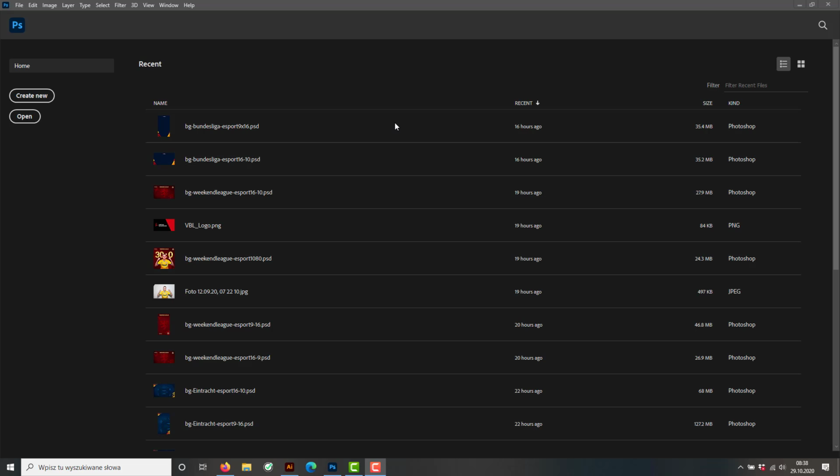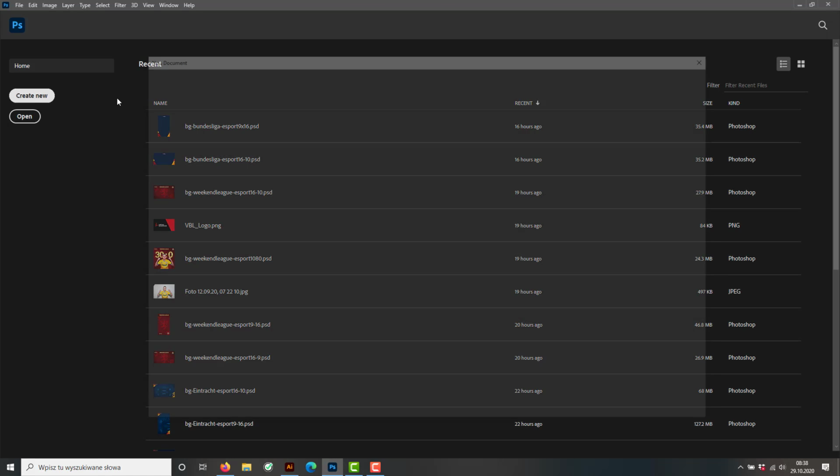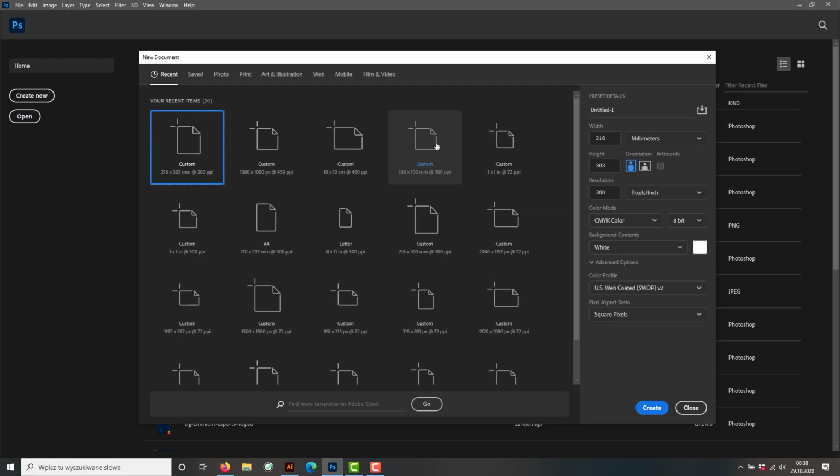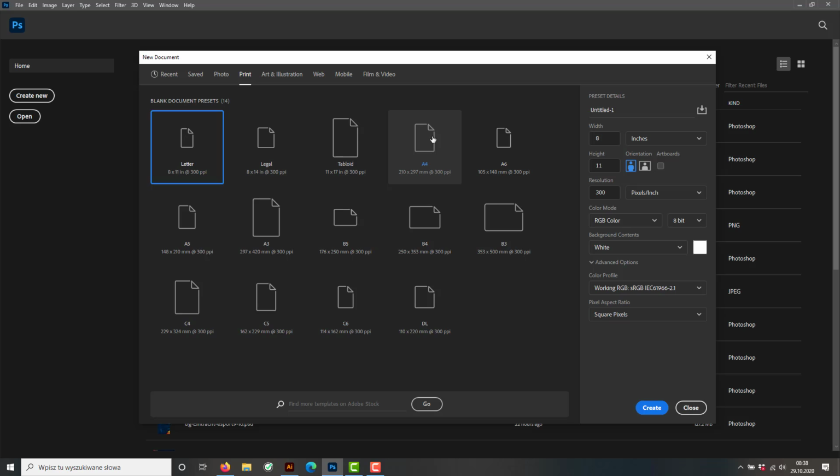Let's start preparing file for printing. I will use A4 size paper as an example. So I started my Photoshop. I will create new document by clicking on Create New, and by default I'm going to use default settings. I will click on Print in here, click on A4, and by default the size of A4 is 210 and